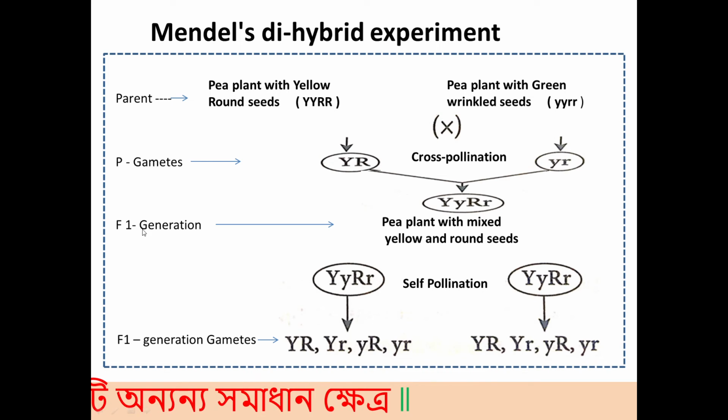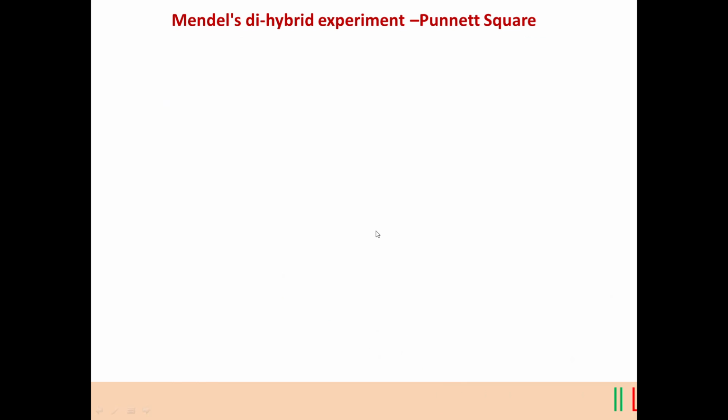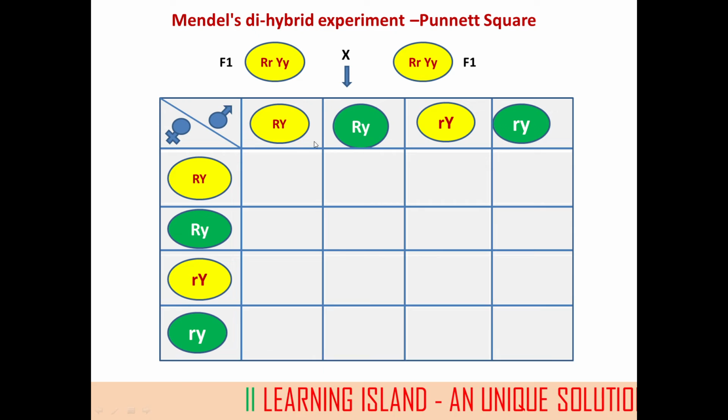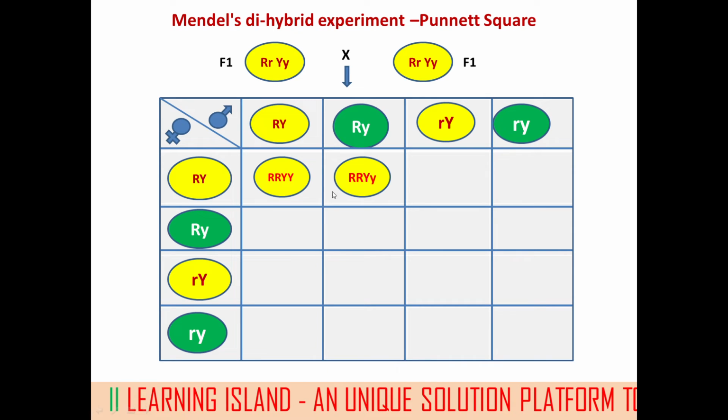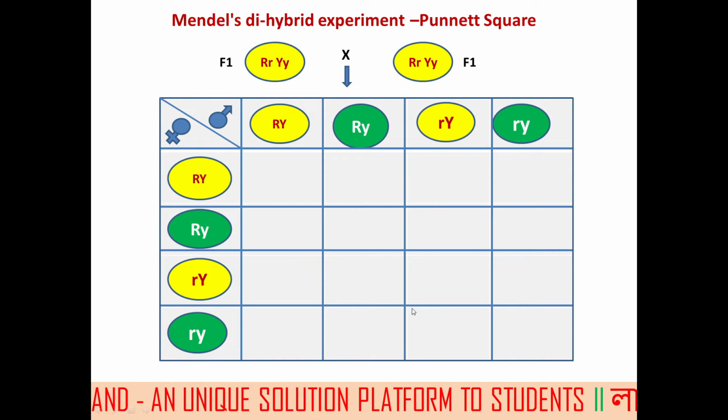These are the F1 generation, and from the F1 generation we have taken the gametes for the F2 generation. So let us go to the F2 generation checkerboard. This is the checkerboard. These gametes are placed over here. Now I will show how with the help of the Punnett square we can make the offspring. So here you see, these are all the male gametes, and these are the female gametes. So if I make the cross among these, I will get capital R,